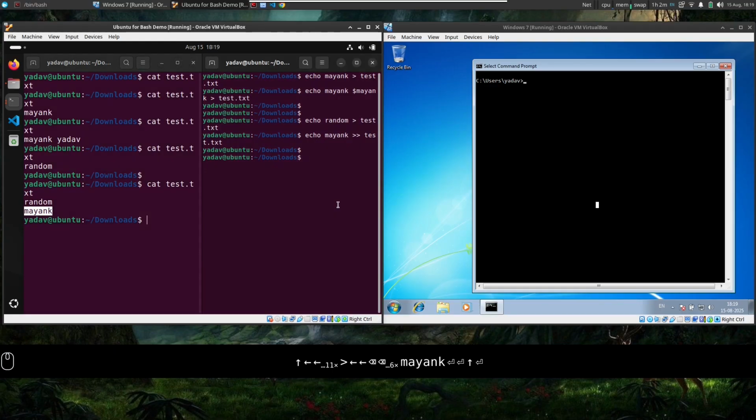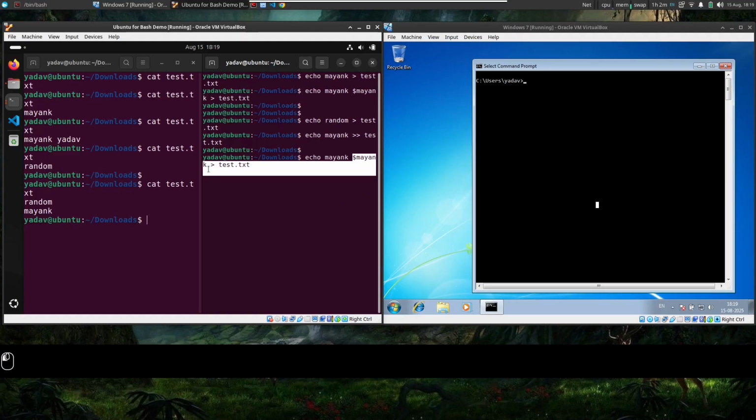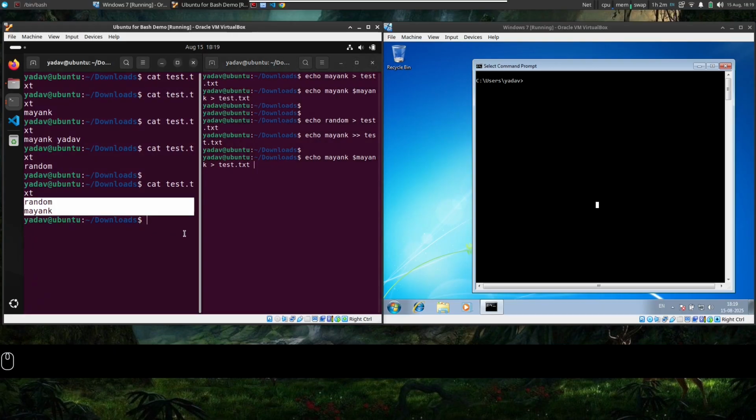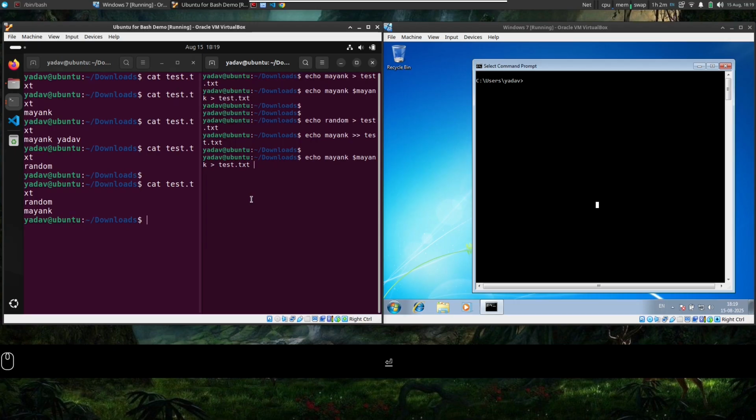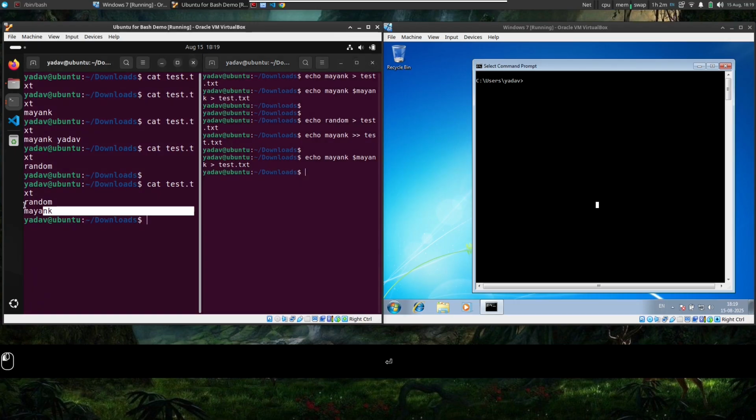If I do like I did previously, echo the value of variable Mayank to test, then all of this content will be removed. I'll press enter. All of this content will be removed and only Mayank Yadav will be there on the screen because it is inside this file, test.txt.